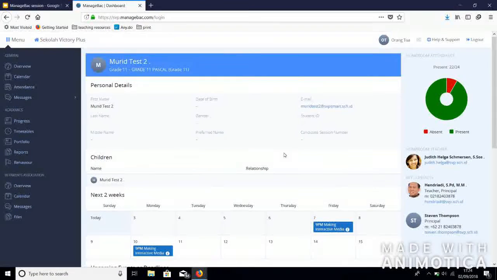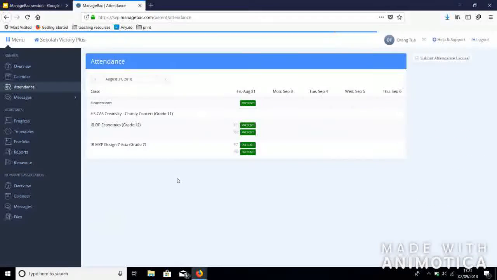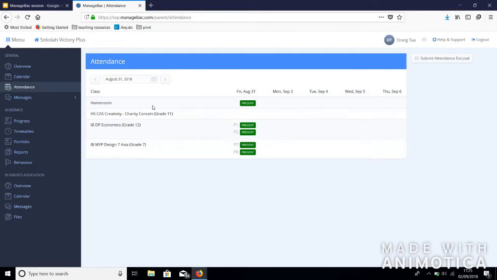Okay, now let's talk about the first thing that I mentioned earlier, how to submit an attendance excusal or permission letter in case your child is sick or has to be away from school due to family reasons. Let's do it. First, we will click Attendance here. Now this is the attendance of your child. If you need to submit an attendance excusal, click the button Submit Attendance Excusal. Click here,